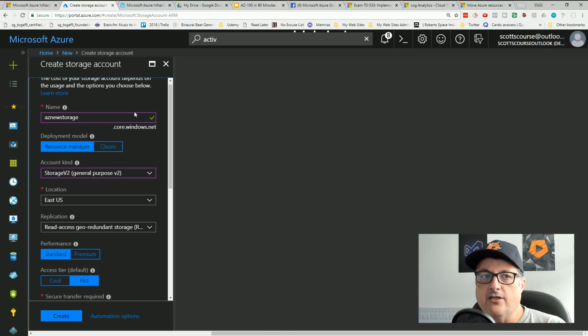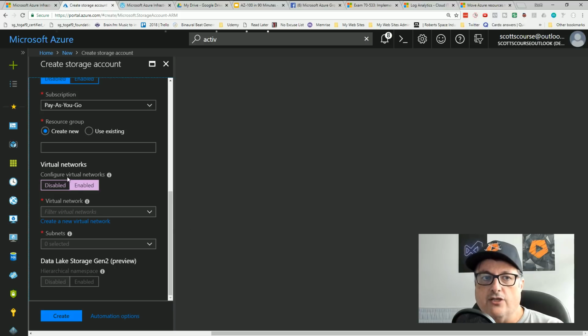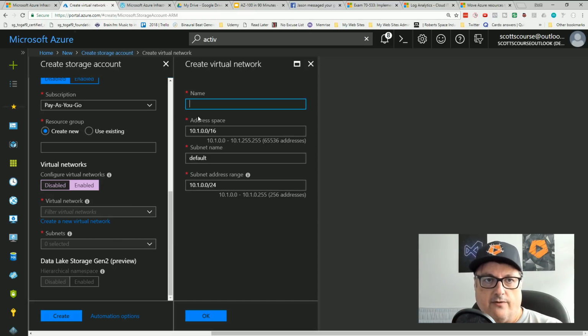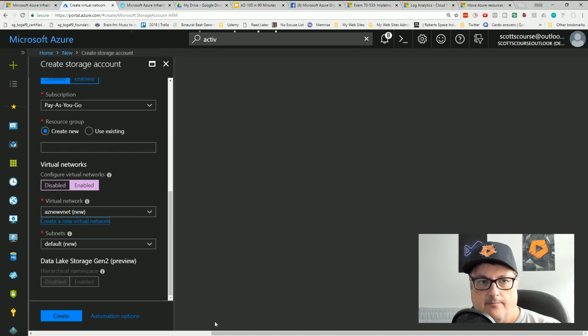But if that level of security of using keys is not enough for you, you may want to configure a service endpoint here and basically create a new virtual network, AZ new VNet. I'm just going to leave the default settings here.